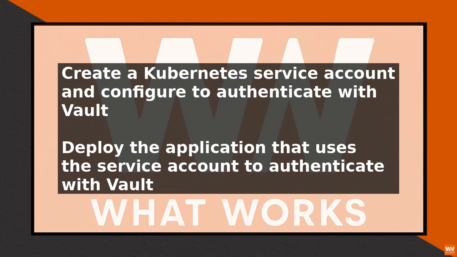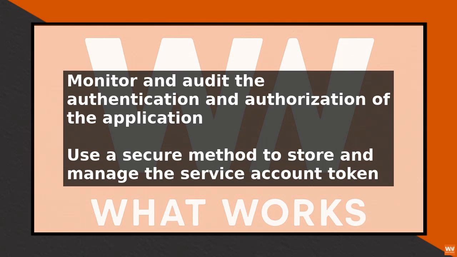are being accessed securely. In summary, vaulting Kubernetes Auth involves installing and configuring HashiCorp Vault and the Kubernetes Authentication backend and then creating a Kubernetes service account to authenticate with Vault. By following best practices, you can ensure that your application is accessing secrets securely and that your Kubernetes cluster is